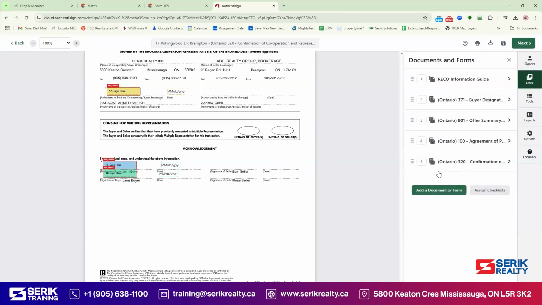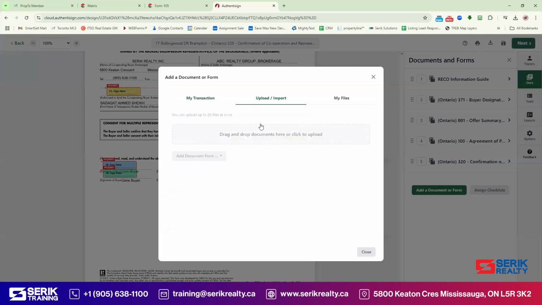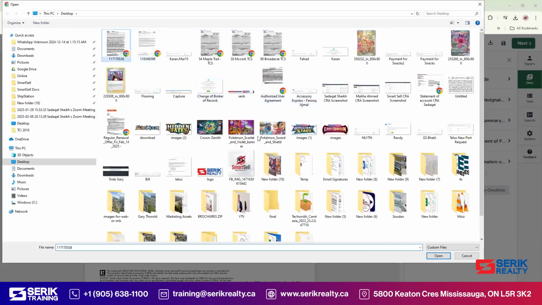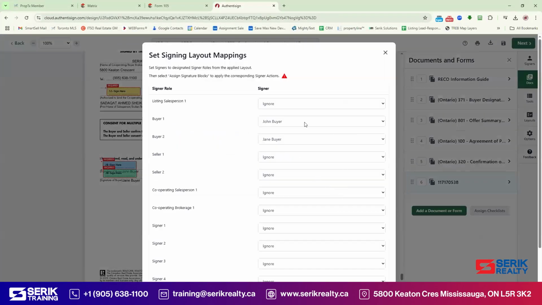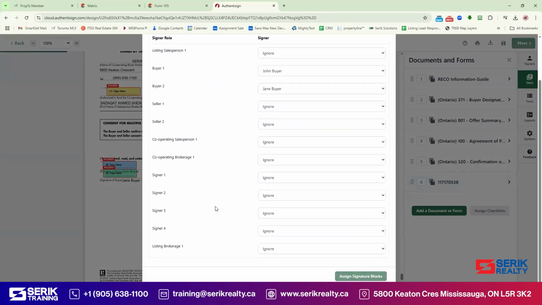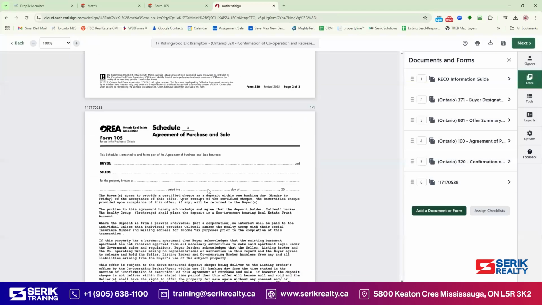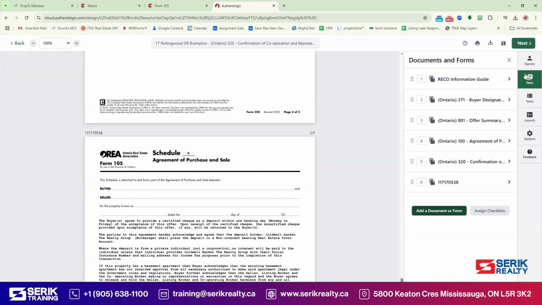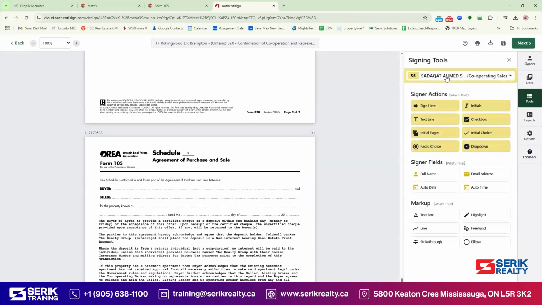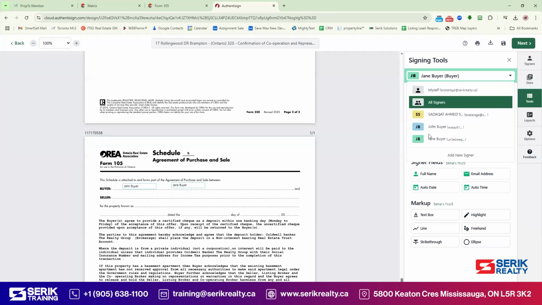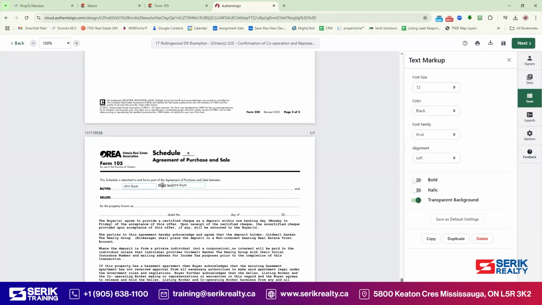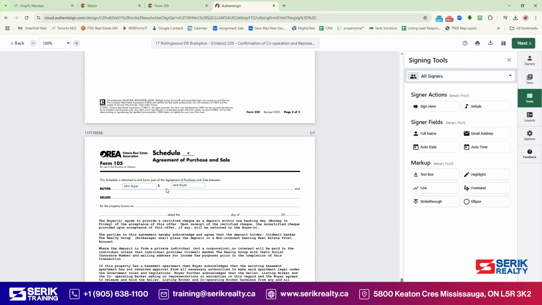So now we have to go to documents and upload the Schedule B as I was doing it before. So we'll bring it back right here. Again, we'll pick our buyer so it can assign it. So it has it right here. So now we'll go to tools again, and then first buyer's name, their full name right here. And then we'll go to our second buyer, full name here, and then go to all signer text box and click and sign here,